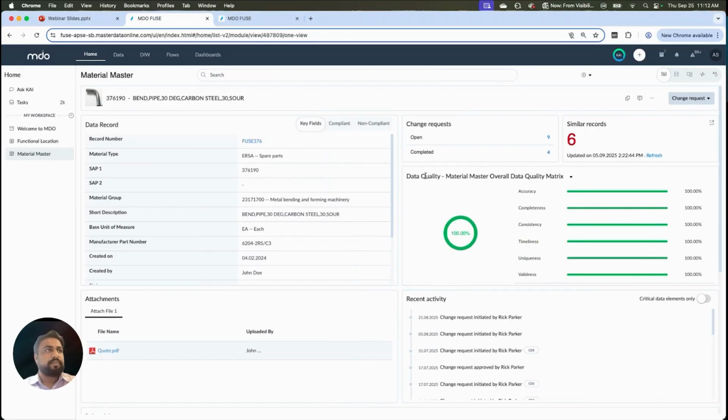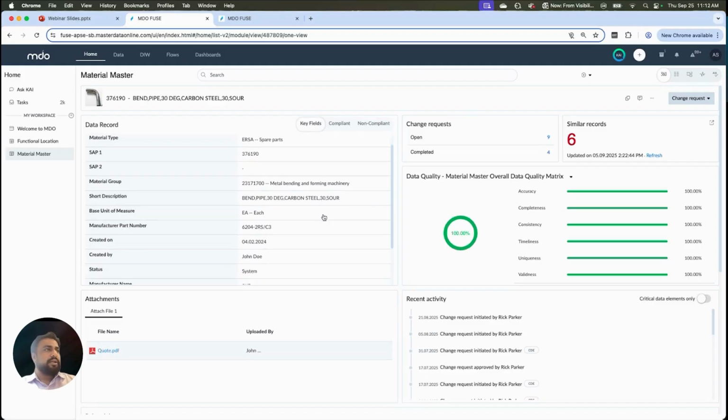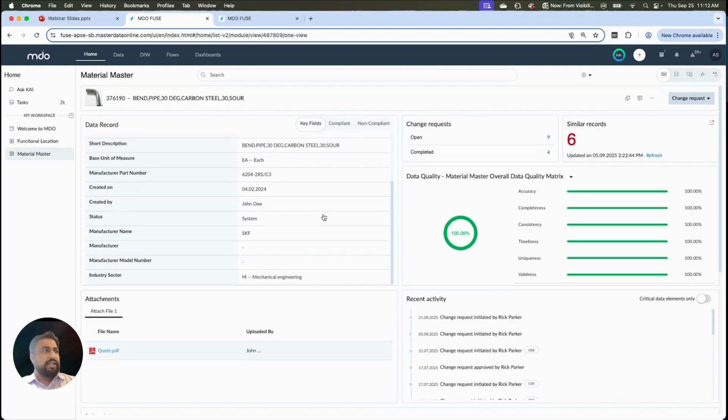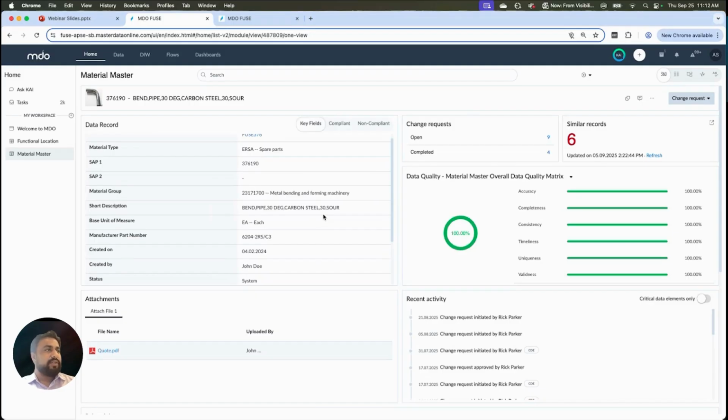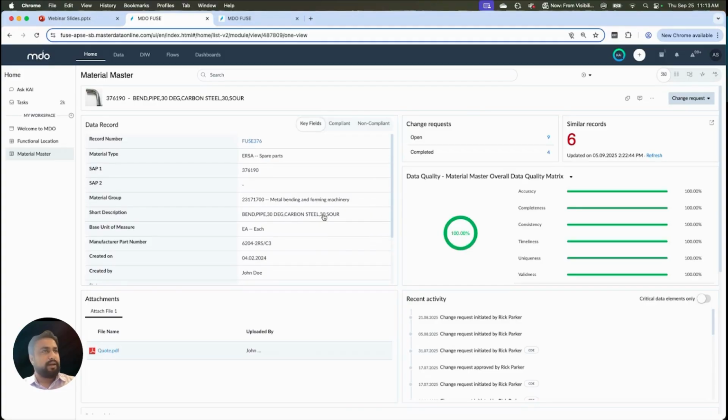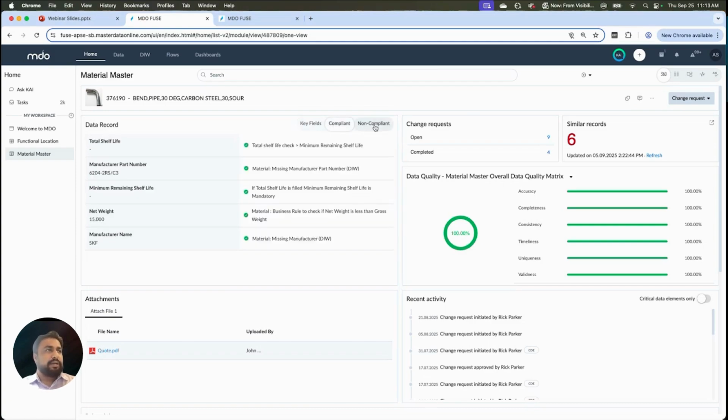Now, starting with the data record, this particular widget provides you the basic information of that particular record as to the descriptions, groups, depending on the usage and how we want to view this information. And again, as was shown, we had the option of configuring this view as well. Furthermore, the compliant and non-compliant tabs provide you an option of visualizing what specific rules have passed and what specific rules have failed for this record, so that as a user, I know what are those fields or the rules where I need to fix my data to improve the data quality.